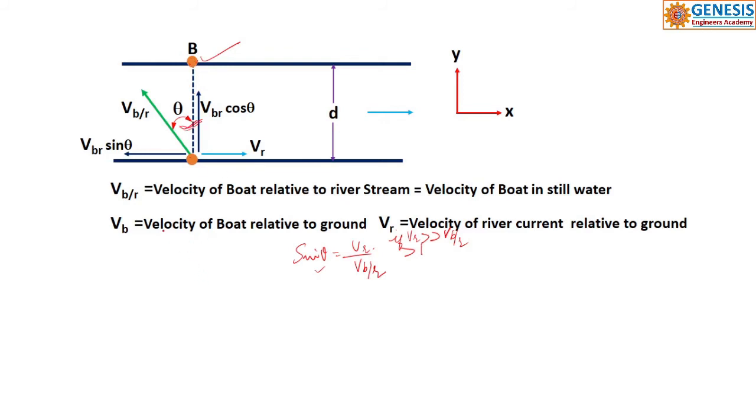To find that out, care must be taken whether the values are not odd. In that case, if everything is there, and you have to make this as VBR, that is the shortest, by VR, you can take the reciprocal and change the direction of that. Okay. So what have you learned? The shortest time and the shortest path. So I will deal with a practical problem here.